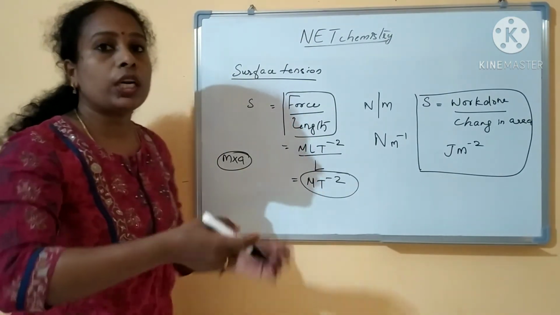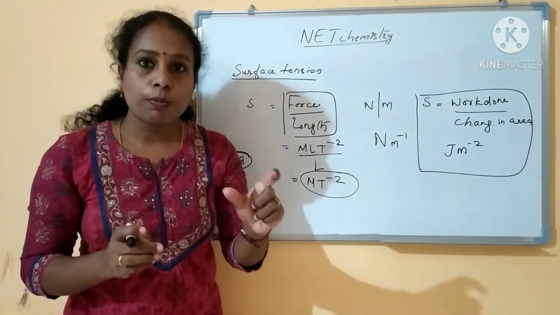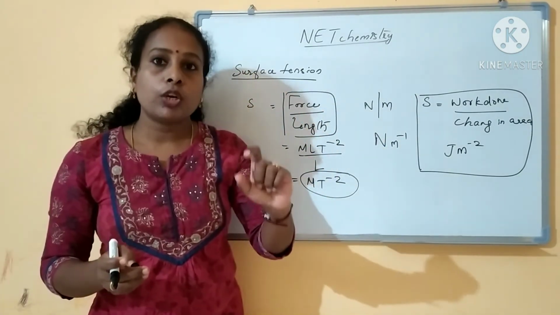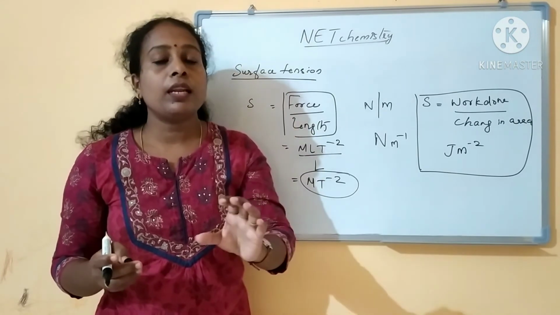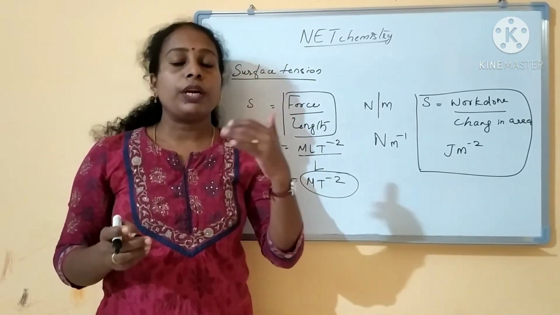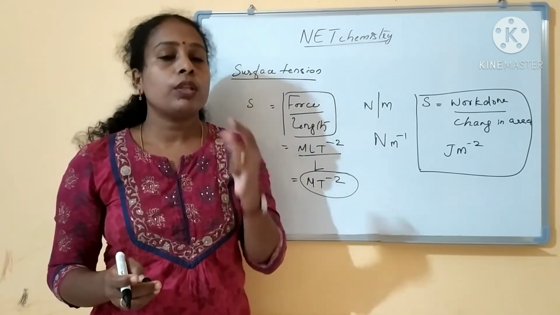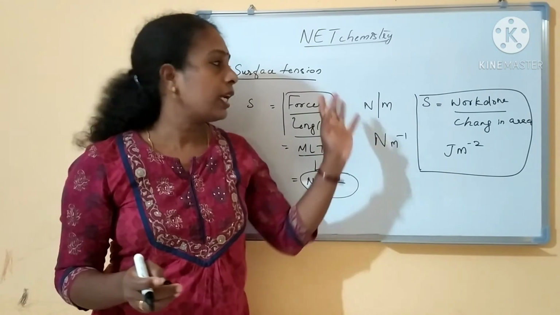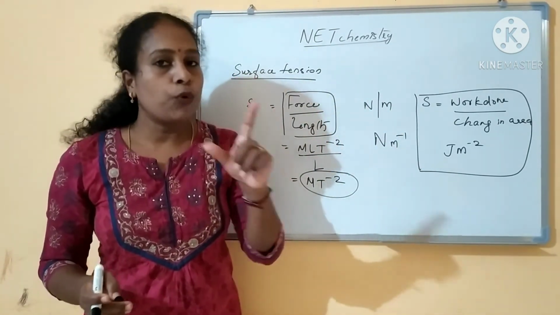Our question is, what are the different types of surface tension? Surface tension in blowing a soap bubble. Two small liquid drops combined together, fusion is happening, and if it is a bigger drop, it is splitting into smaller drops. What are all the formulas to find out this surface tension? Very important. In your question paper you can find problems related to this. I will write all the formulas. You have to learn each surface tension formula by heart at least.